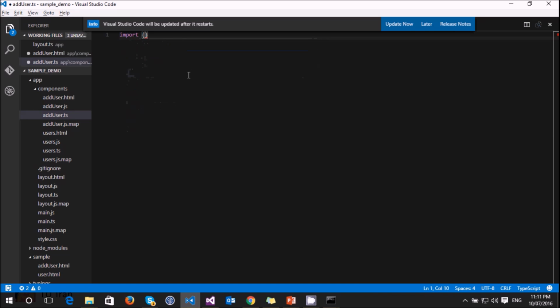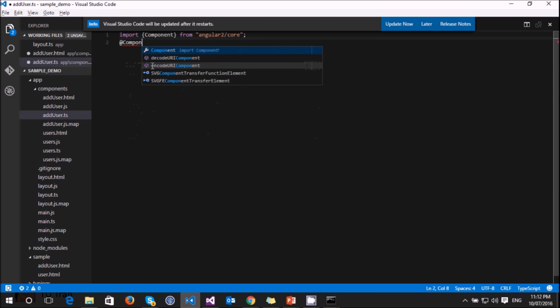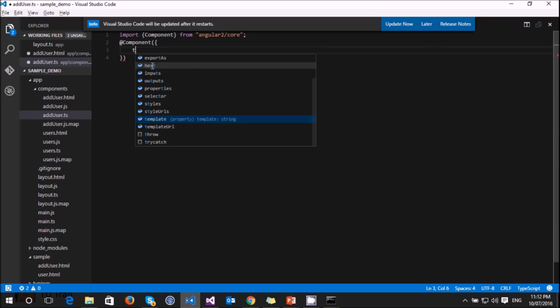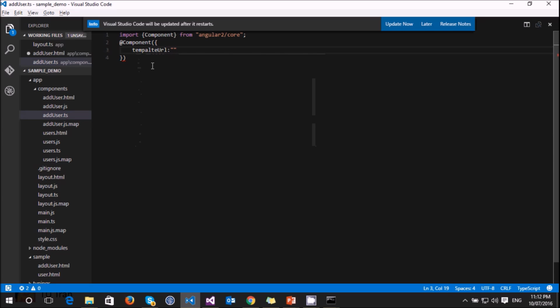Import from Angular core, and next I will call the component with the parameter templateUrl. This is the relative path to the adduser.html component. Okay,